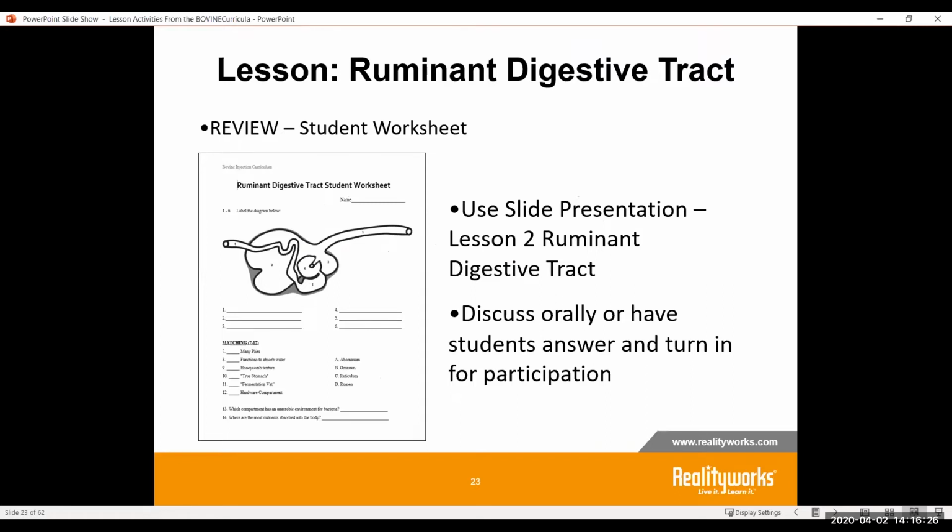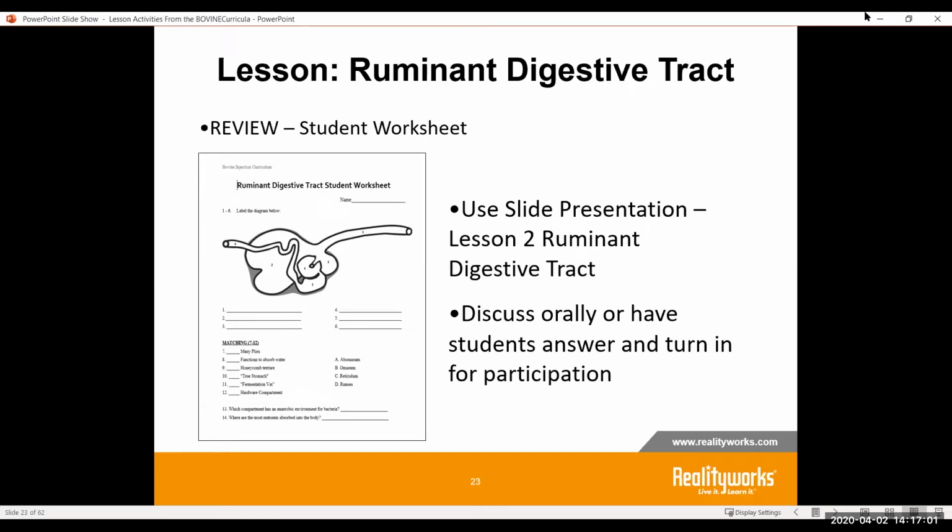You can have them see this maybe in one of your learning management systems, and then answer these questions and submit them, or maybe you walk through it orally and talk about it as a class, or they turn it in somehow as participation, depending on what you're doing in your school and how you're interacting with that in your school. So those are all different ways for you to use these different things.